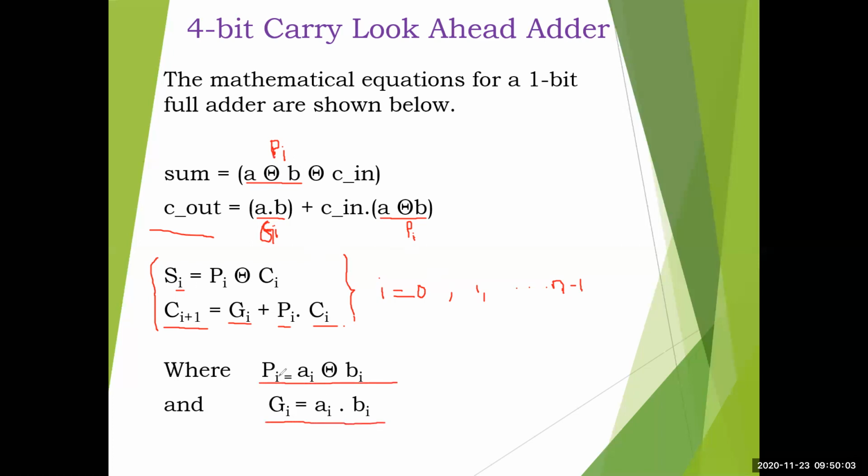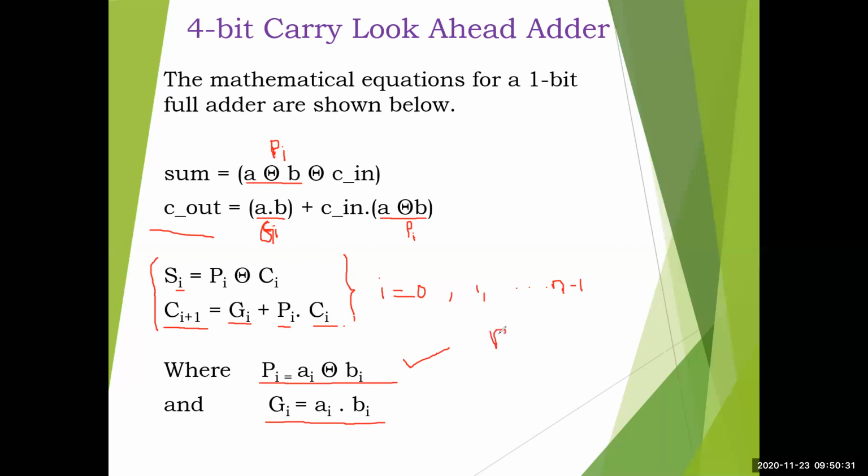If it is a 4-bit full adder, then i will vary from 0 to 3. So you need to generate 4 propagate signals, P0, P1, P2, P3, which is nothing but A0 XOR B0, A1 XOR B1, A2 XOR B2, A3 XOR B3. And Gi is nothing but A0 dot B0. I have not written this part. Directly I have taken the programming part, so there it will be understood, but you can write here. I suggest you write down whatever I am explaining here.